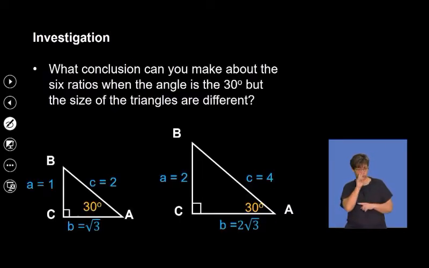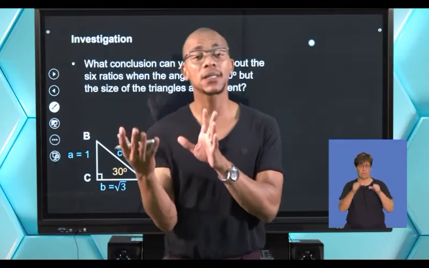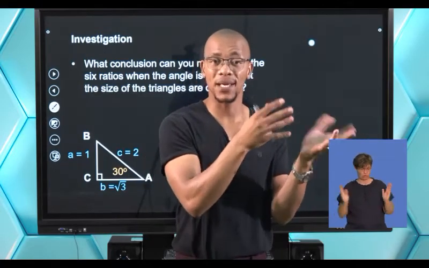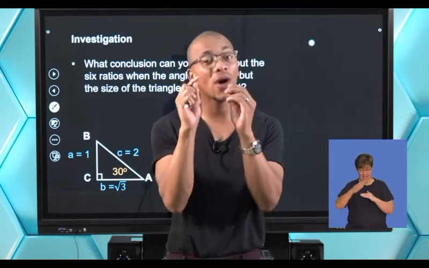But now what you need to look at is: what conclusion can you make about the 6 ratios when the angle is 30 degrees, but the size of the triangles is different? Now, what am I talking about? The angles must remain constant throughout, but the sides can be bigger or smaller, as long as the